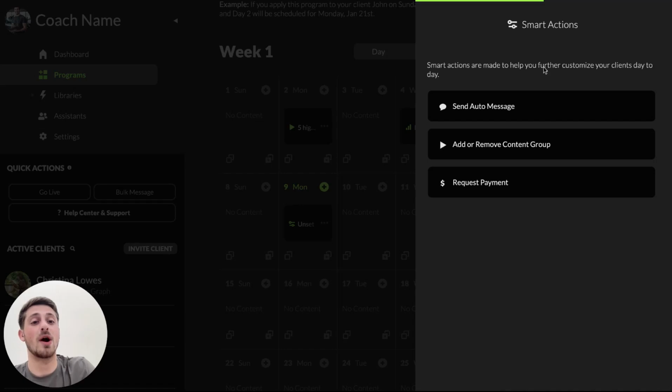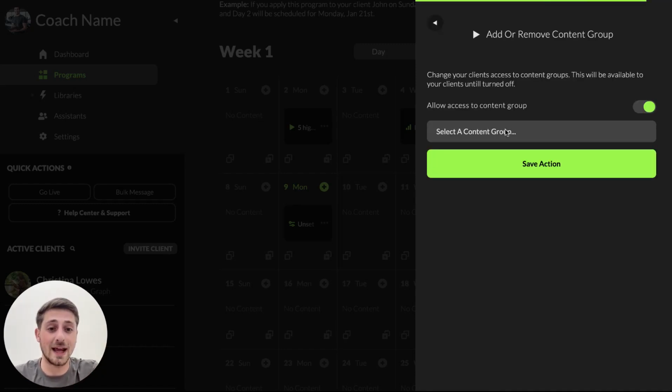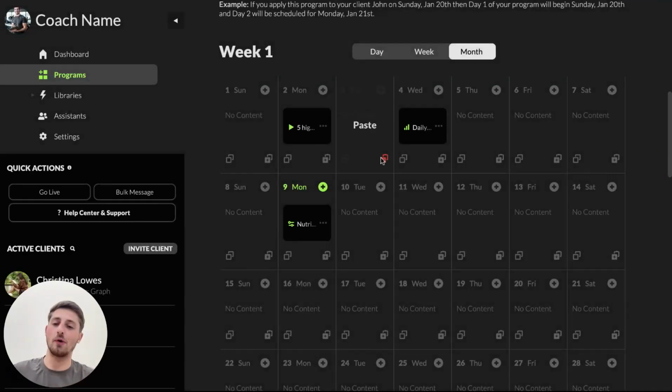And you will even find under Smart Actions here the Add or Remove Content Group button, which is a really cool way to drip out course material. So yes, if you have full-on nutrition courses, don't go onto school.com and don't use Kajabi and Thinkific and all these types of things. Just use MyCoach Ai, because you can make full content groups, say like Nutrition 101, add that in as automations directly onto your program and prompt them for your clients. They'll have full content sections to access all of this content.